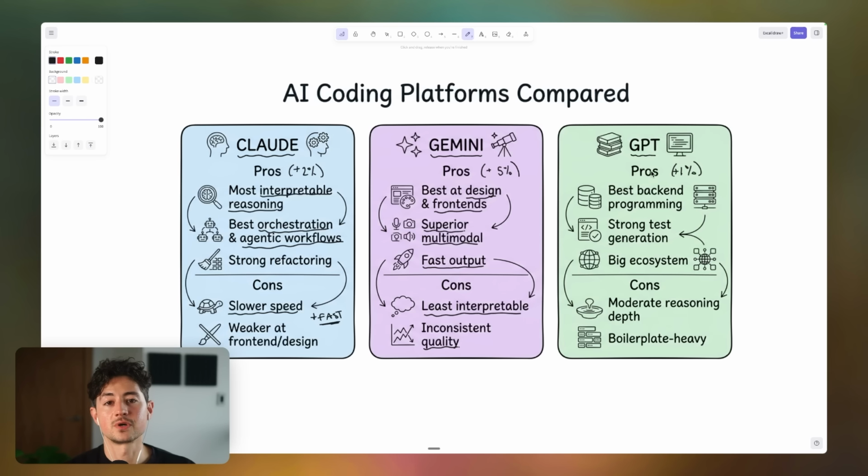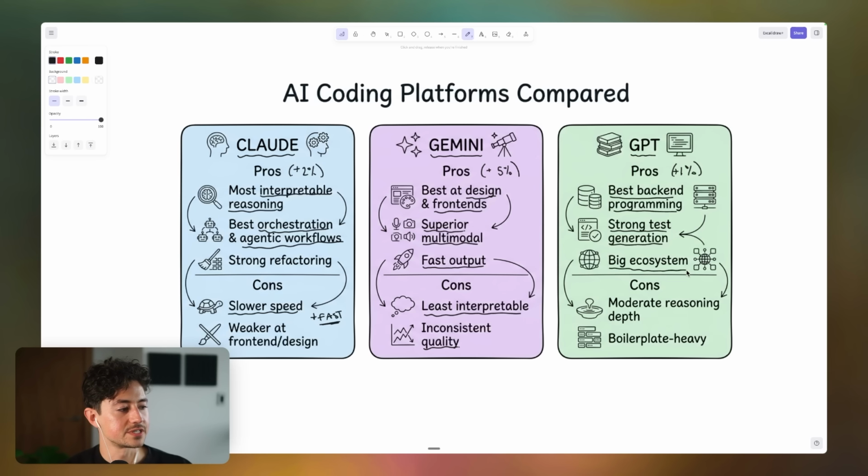Finally, there's GPT. There's the Codex series of models, the 5.4 series of models now. These are the best at back-end programming. I think they're also the best at absolute mathematics, which probably feeds into that. They're really great at test-driven development. And you know how I mentioned earlier, Gemini and GPT are more like rockets that you point at a place and then they go? Well, these test-driven development approaches essentially mean you just outline that definition of done, and then it fires and just goes autonomously until it reaches that.